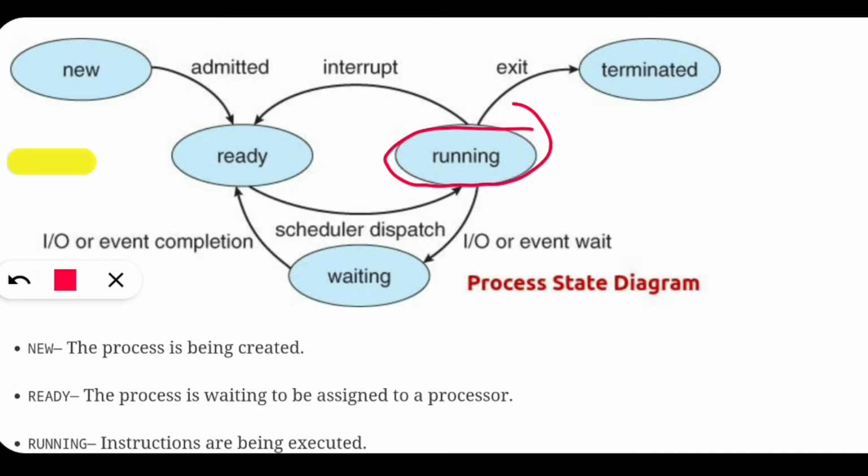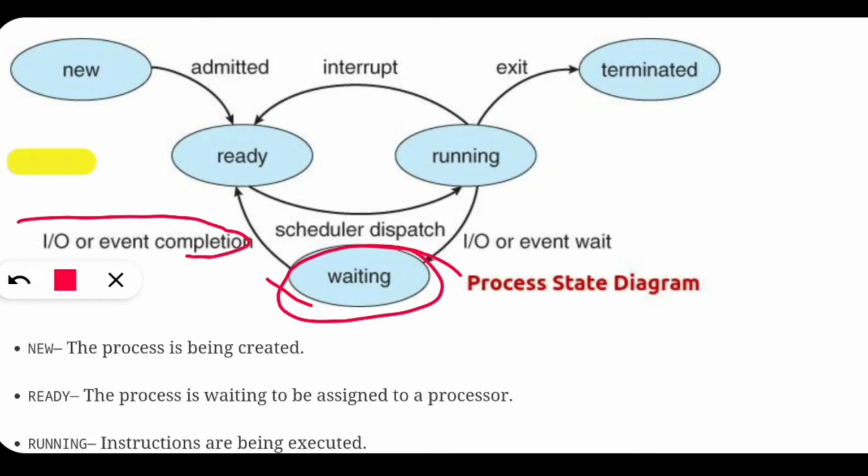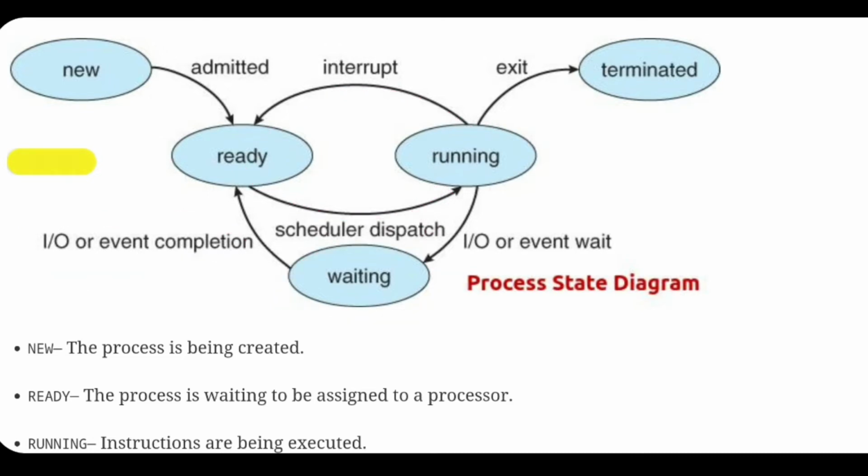And in another situation, from the running state, suppose one process needs an input output event. In such a case, the input output device may not be ready. It may take time. Then it will move to the waiting state. When the input output work is done, it will again move to the ready state, then go to the running state again, complete its execution and go for termination. In such a way, the process works with the processor. This diagram is called the process state diagram, showing how a process executes under a certain processor.